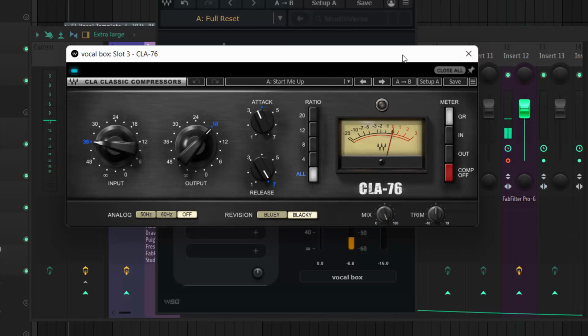So I'm using this compressor to just tame a little stuff on it. As you can see, the compressor meter isn't moving that fast, and it was only doing a little touch on it, picking some stuff out of it.